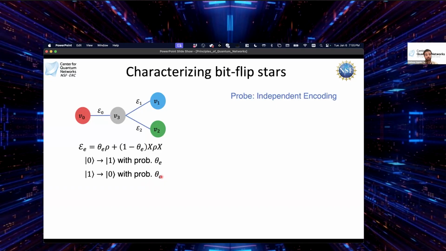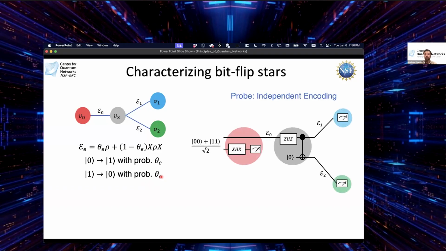So the way we can do network tomography in this particular network goes as follows. There are actually many ways, but today I just would like to focus on one way that will allow us to see how this unfolds. You do this by determining this probe circuit called the independent encoding circuit, which determines how the intermediate node would distribute multipartite entanglement among these three nodes in the following way. We start with the red node, V0, preparing a Bell state, 00 plus 11,